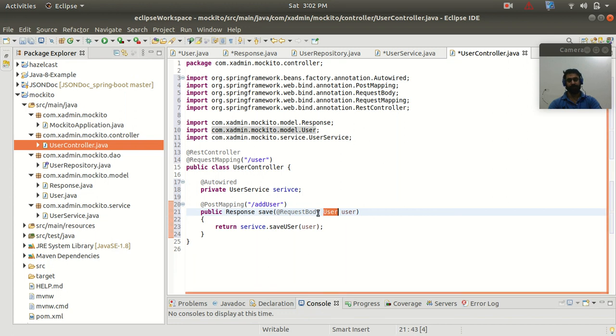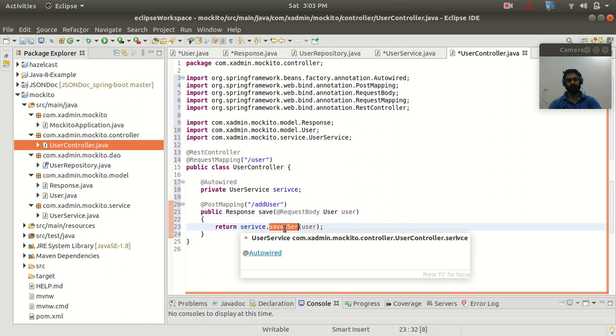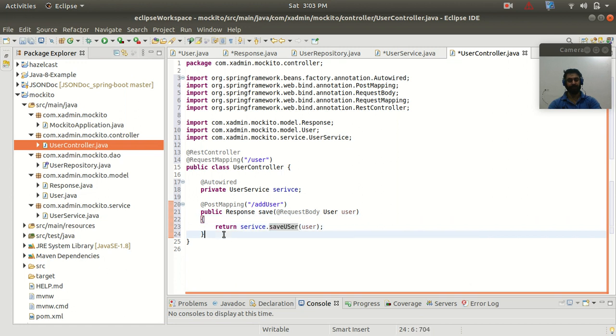So that's why we have to mark this with the request body. So it is going to take this user from the request body, and then it is going to call the save user of the service class, and there we are saving this user to the H2 database.